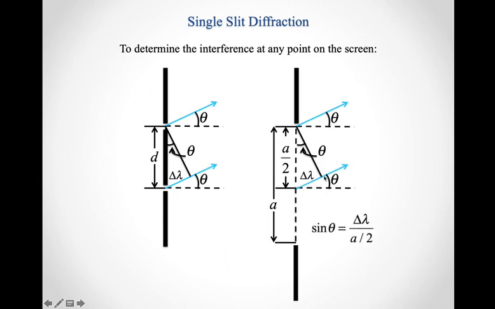So I can use sine theta again and say that, oh well, sine theta is opposite side over hypotenuse, so that's got to be the path difference over half the slit width, and I can solve this and get that the path difference is equal to a over 2 times sine theta. Well, once I know what that path difference is going to be in terms of the geometry of what's going on at the slit,